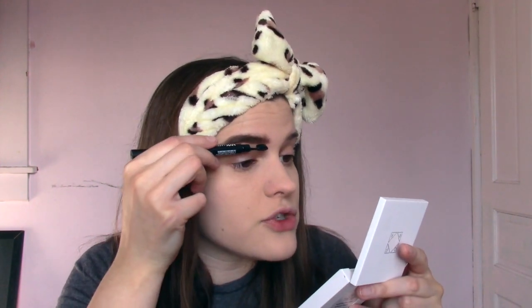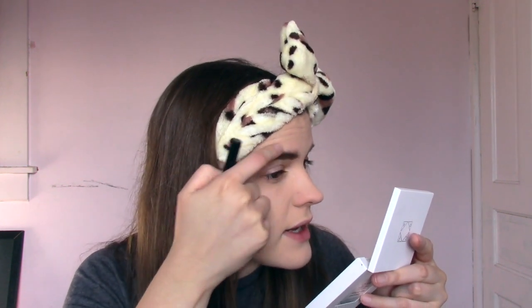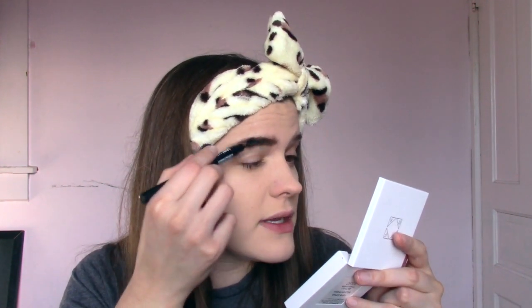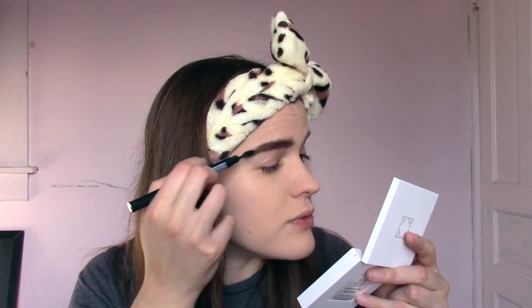Okay, maybe there's a little bit of a learning curve, but from first impressions, this is not the one for me. The brush did distribute the product nicely within the brow, but again, it's just very messy looking to me around the edges. I couldn't be precise, and therefore it looks really fake and blocky to me. It's not my favorite. So I will keep using this. Maybe, like I said, it's a learning curve, but based on first impressions, I would pass on the NYX